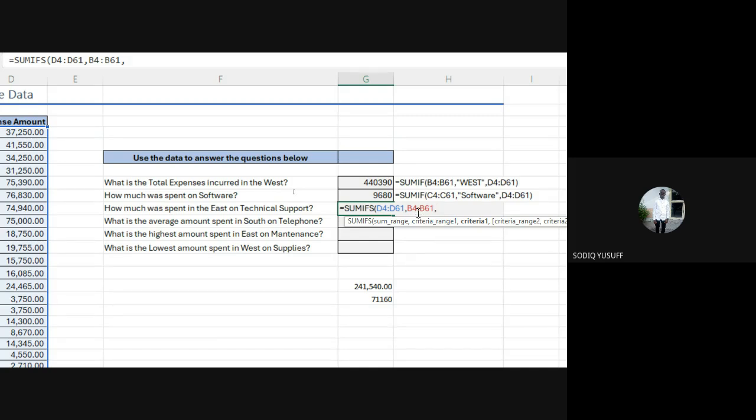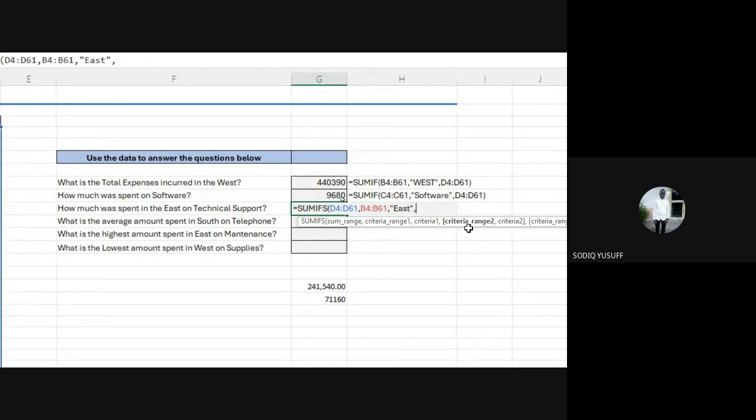Criteria 1 is the exact criteria that you're looking for in the column you highlighted. You say East, so open quotes, East, then close the quotes. So we have done the first criteria. Then we include a comma.